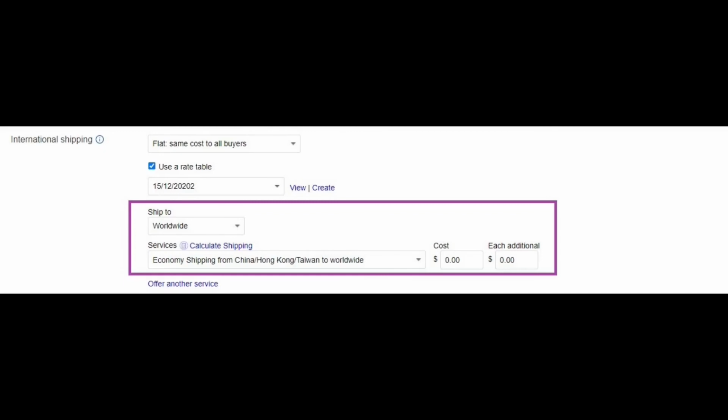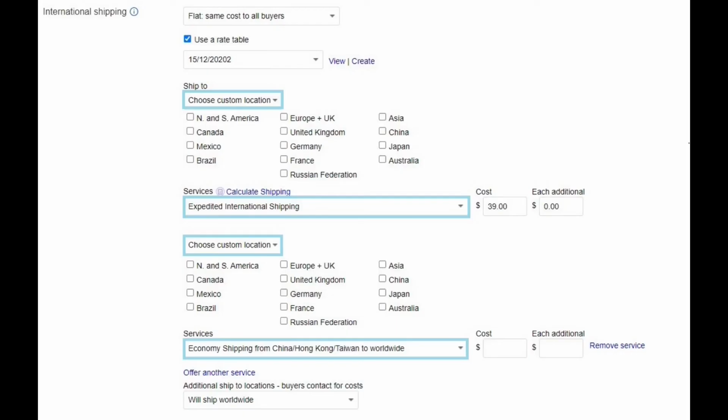For buyers, economy shipping is by default 11 to 23 business days. Offer it as free shipping for buyers by including shipping cost in the item price. The second option of the Ship to field is choose custom location. When you select choose custom location, you will have access to setting up the shipping destinations table. Select region, set the shipping type and cost.